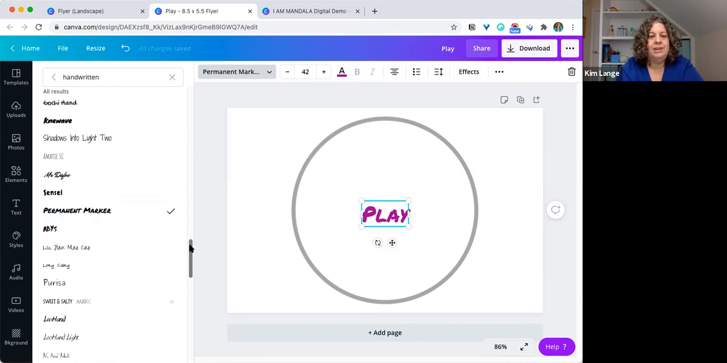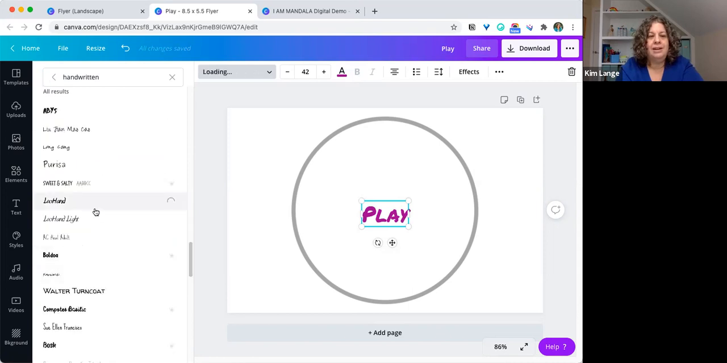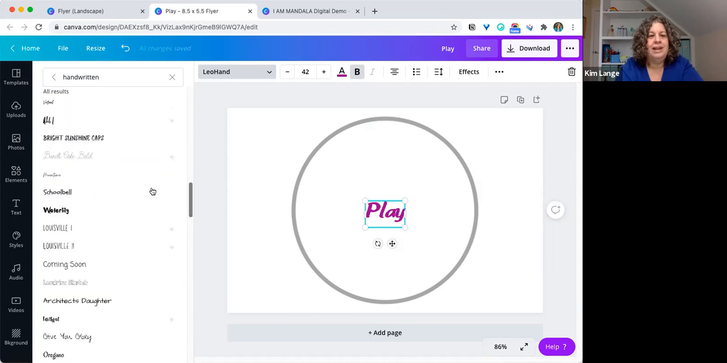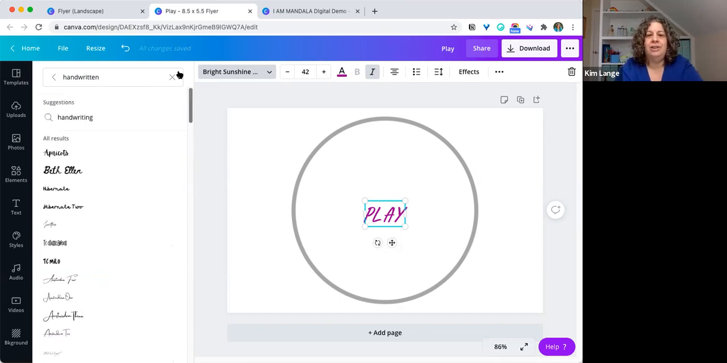If you want to use something that's more script-like, you can choose, oh, this one's taking a lot. Okay, Leo Hand, really anything. There are some very pretty fonts in here, like this very scripty one. This one might be pretty, Bright Sunshine Caps. So again, you choose your font, how you want it to show,